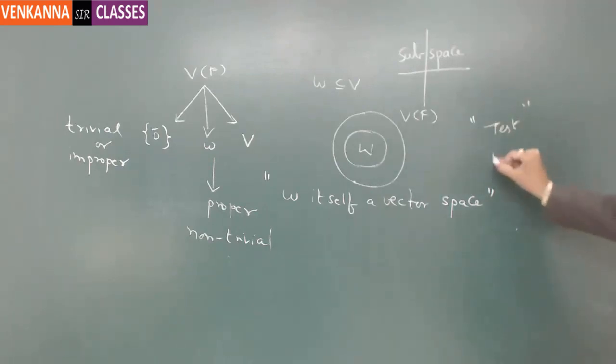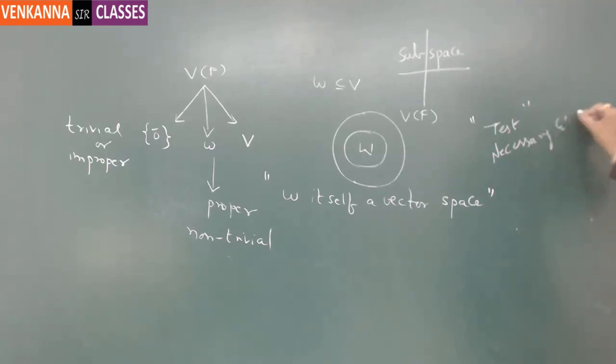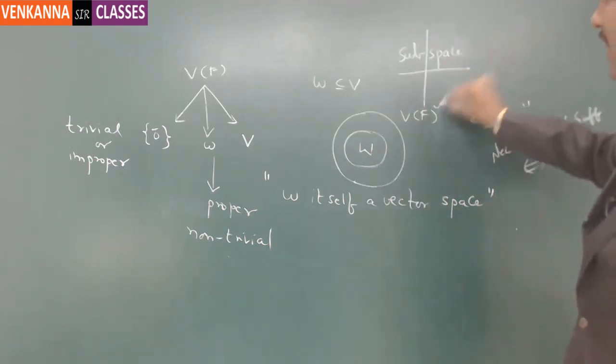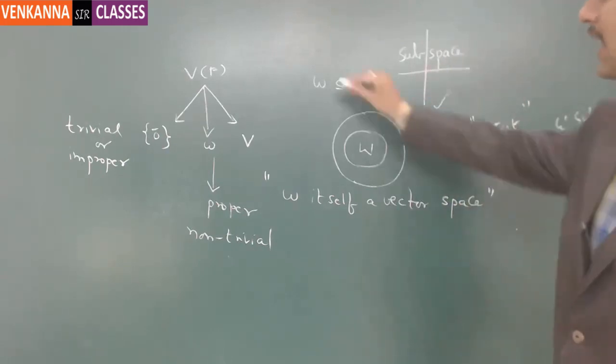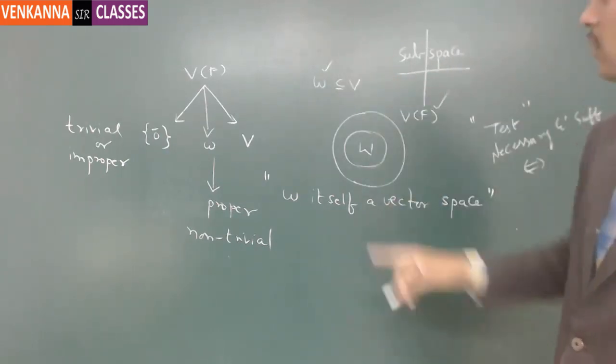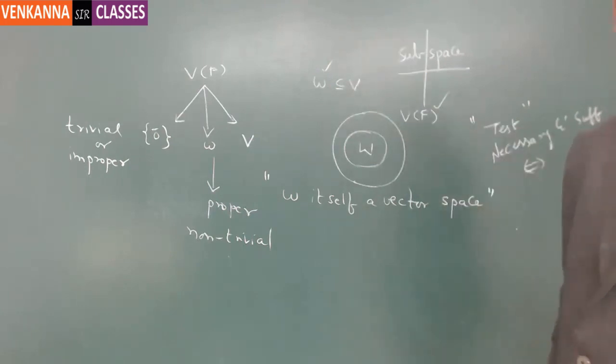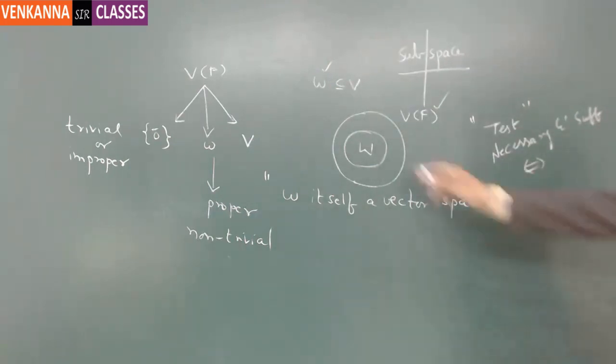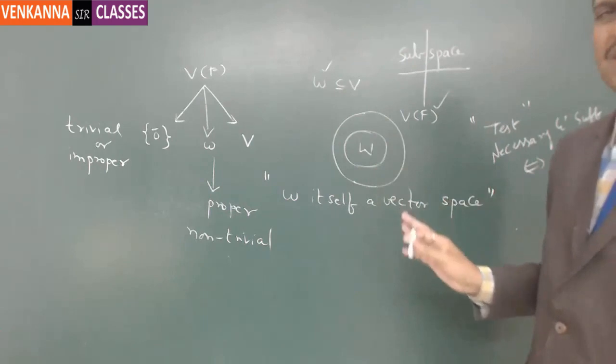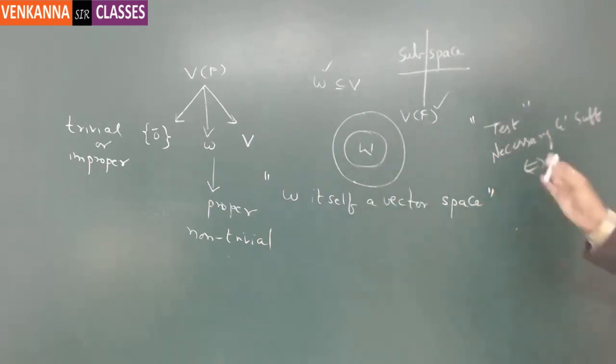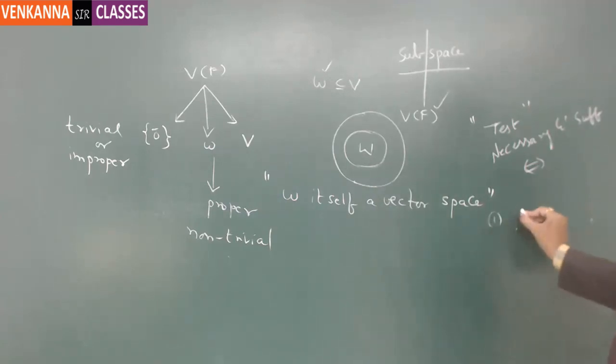They are called necessary and sufficient conditions. It is just like the implies and implied by condition, the if and only if condition. So what does it mean? I have given a vector space and I have taken a subset of it. I just want to know whether it is a subspace or not. For this, the subset W must satisfy one of these tests. So what are they? First one is